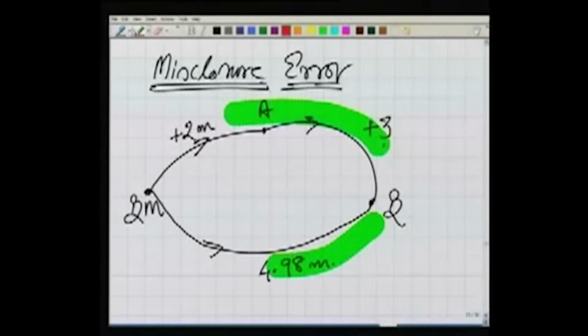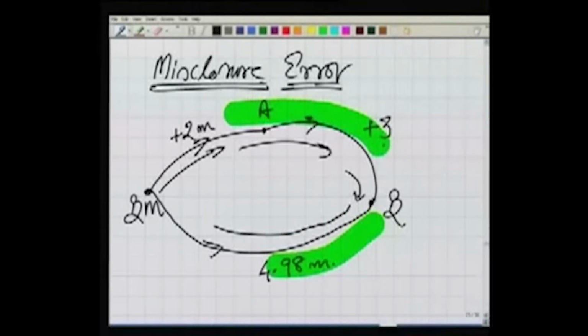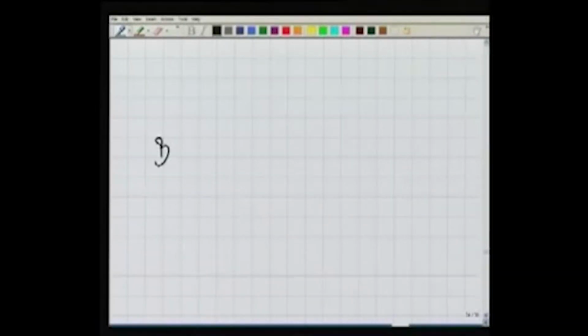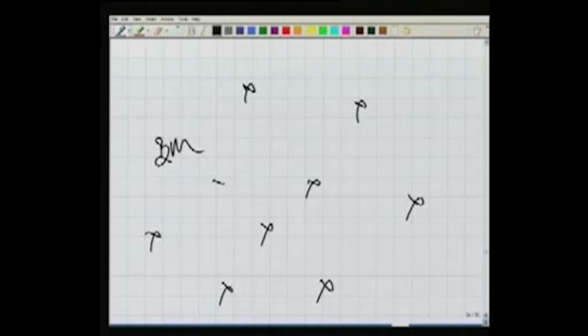Generally when we do the leveling, we start from a benchmark, go to various stations. Let's say we reach A, we reach B, and from B we finally close at the benchmark. If I draw it again, in any leveling, the benchmark is here, and there are various points for which I need to find the RLs. What I would like to do is go like this in steps